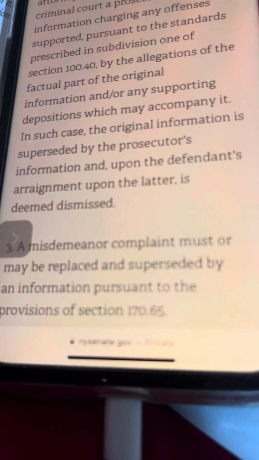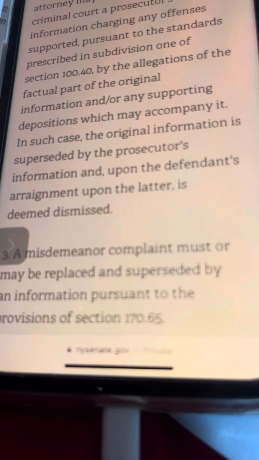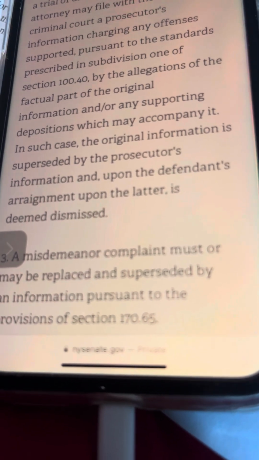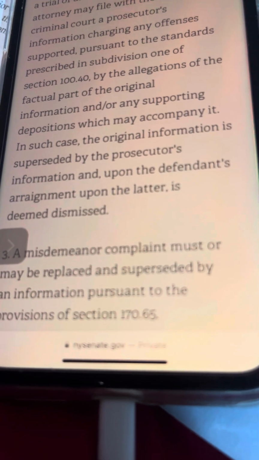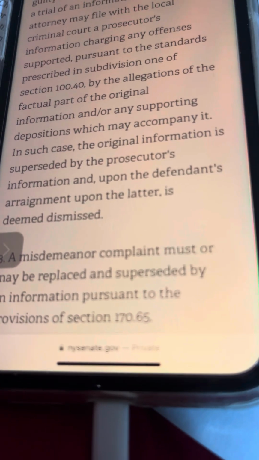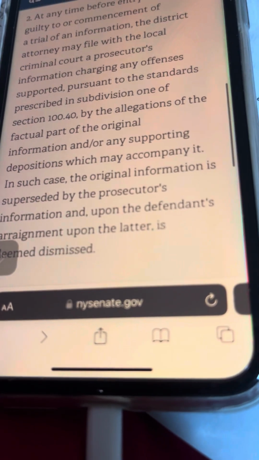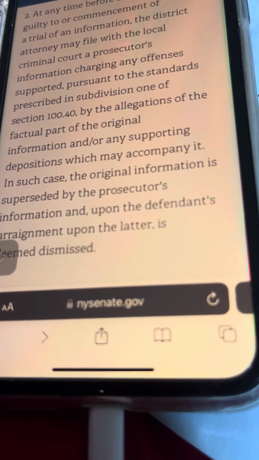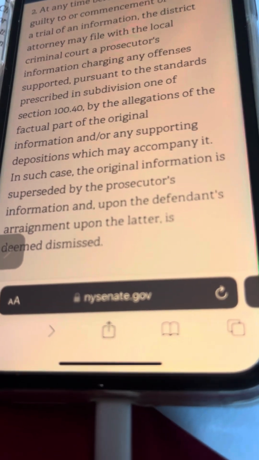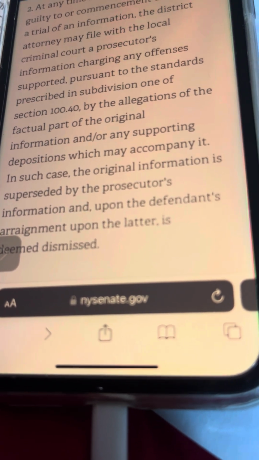So what this is saying, let's say you have the first prosecutor's information and the second prosecutor's information, but there's supporting documents that help the argument, right? In the first prosecutor's information, the second one will be dismissed upon that prosecutor's filing another information, because basically he wants to use that evidence in the supporting documents in the first prosecutor's information in order to get the charge going on this person, the offense. So that's very interesting. That's pretty slick.